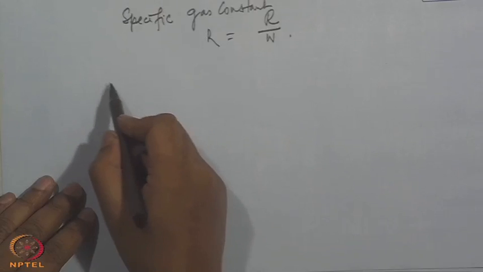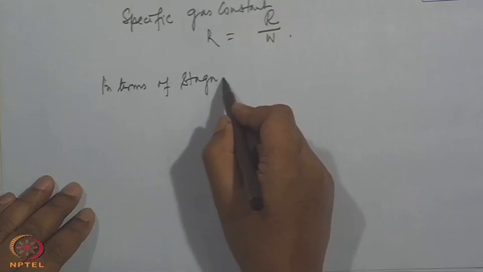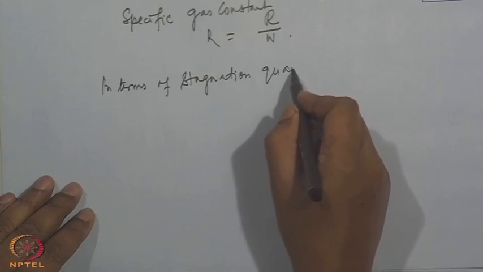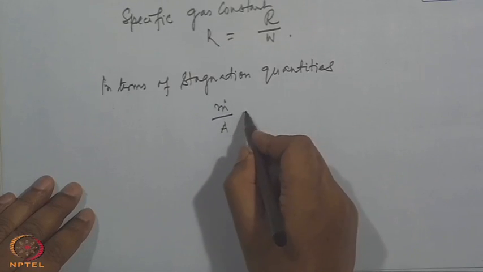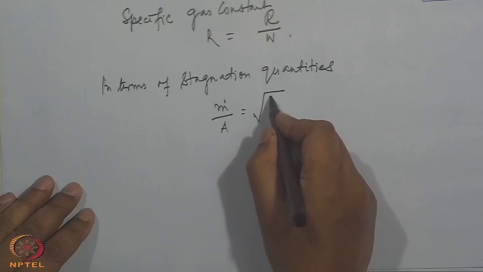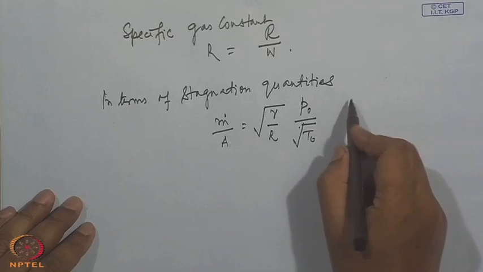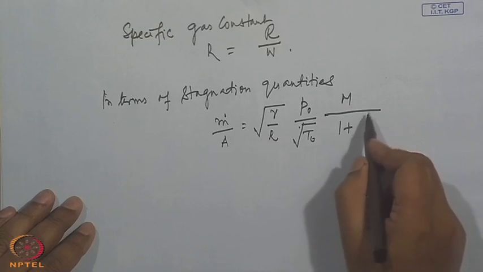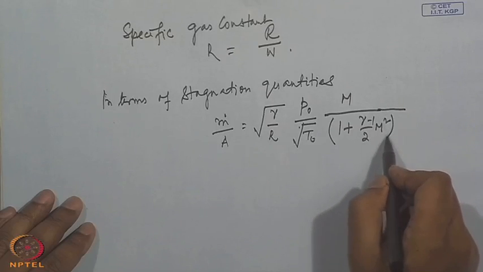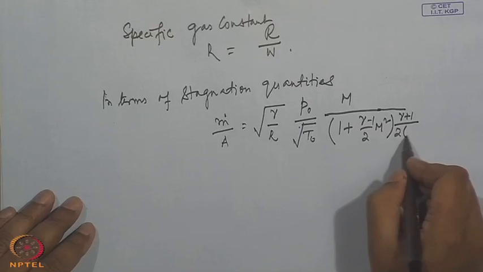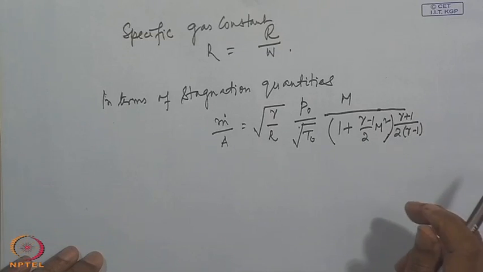In terms of stagnation quantities, one plus gamma minus 1 by 2 M square to the power gamma plus 1 by 2 into gamma minus 1,